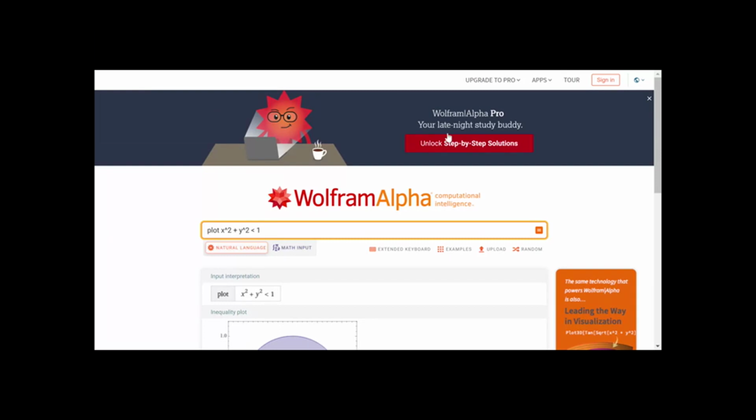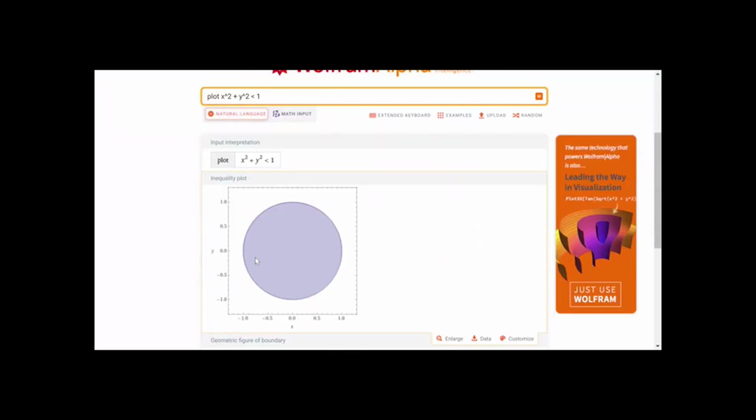It will be the points inside the circle. See this? It's gray. It's showing the points inside the circle. Any point inside the circle will satisfy x squared plus y squared less than 1. Any point outside the circle will satisfy x squared plus y squared more than 1. And any point on the circle will satisfy x squared plus y squared exactly equal to 1. So the moment I put an inequality, I start getting the full inside of the shape, not just the boundary. Similarly, if I put x to the power 10 plus y to the power 10